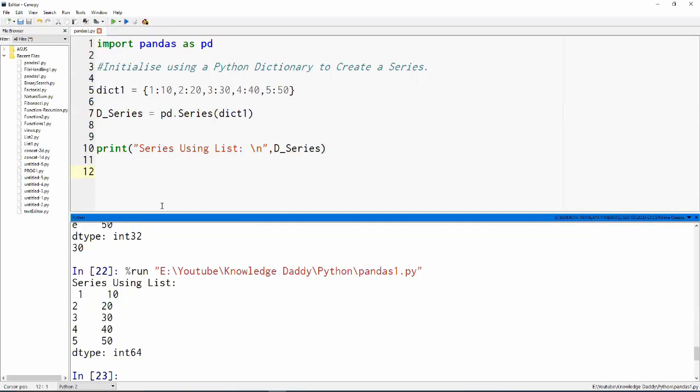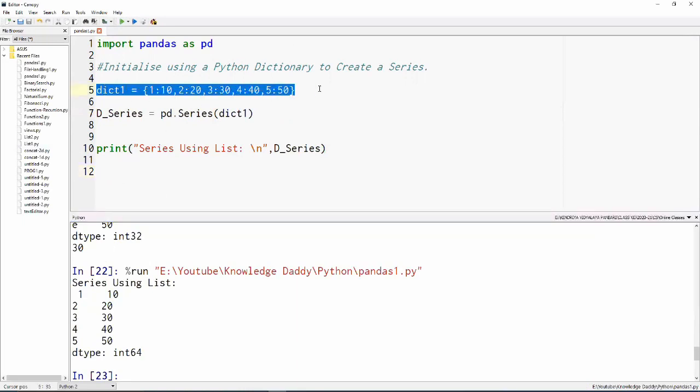Once we have done that, this is the dictionary which we have used, and with the dictionary we have created the series.